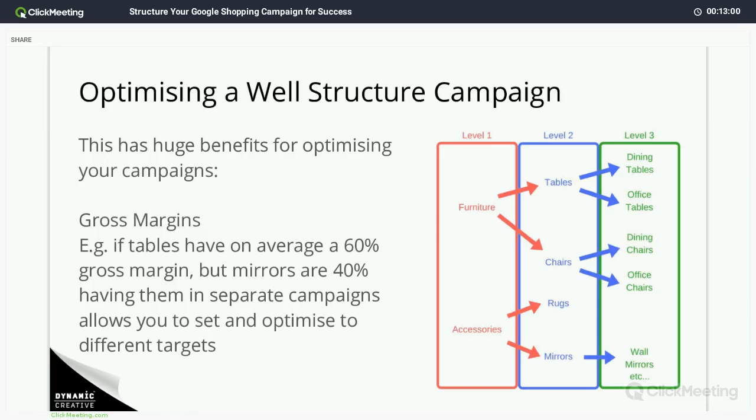So for example, using this furniture site as an example, if tables had on average a 60% gross margin, but the gross margin for mirrors on average was only 40%, you would want to optimize those campaigns to 2 different targets, because a sale from the tables campaign is more likely to be worth more for the business because 1, tables are generally going to cost more than a mirror, and 2, the gross margin on them is on average higher,